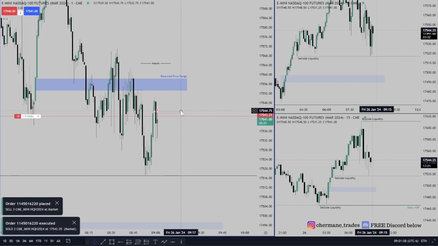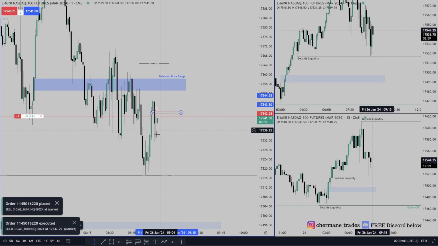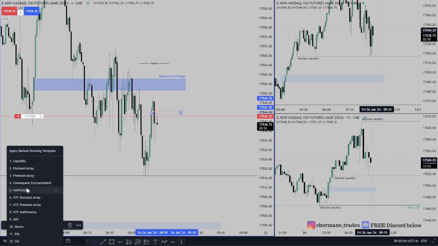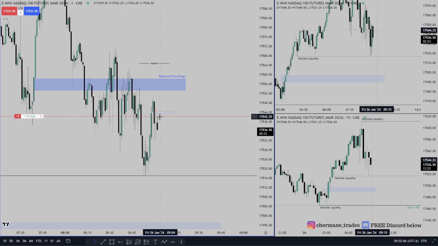Right, a little bit late, but that's fine. All right, so that's our volume imbalance entry. Traded up into this order block, this last up close candle prior to this displacement. Traded up into that. And if you notice,